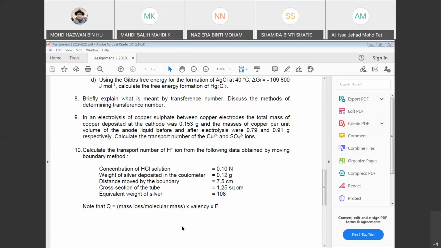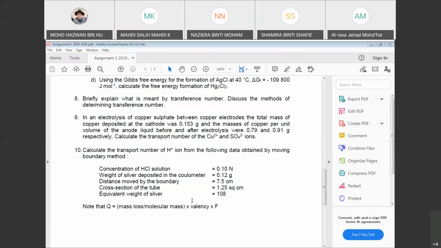T for H plus is equal to S. S is actually the cross-sectional area, 1.25, multiplied with L. L will be like 7.5. Multiply with Faraday constant, multiply with concentration 0.1. So since on the top you have a Faraday constant, and at the bottom you also have a Faraday constant, you just cancel out that one, and then at the end you will have